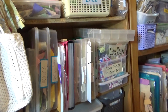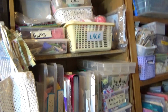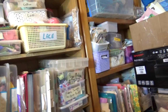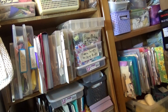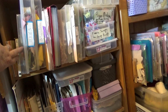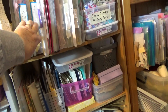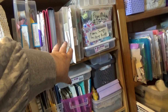But anyway, this has got my lace gypsy journal in there, bits that I'm making for myself. These are my pieces that I'm working on, I think. I've got flower making stuff. I've got a scrap busting box. Sure, I'll do that one day. And here I have my bits. That's the thing I'm making to send to somebody for the thing we're doing. This is a hexie box. There's a yo-yo box. That's some envelopes for posting. I know that's not in the right place. And these all have bits in them like...